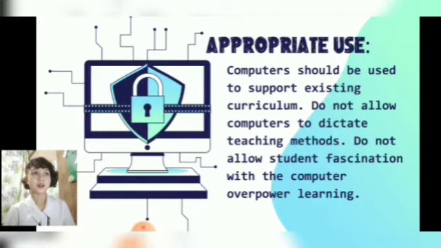The use of LCDs, TVs, cell phones, any kinds of gadgets. And we have the non-projected instructional materials, which include the dioramas, the charts, and the betamax, as we call it. And it says here that we should not allow these technologies to dictate teaching methods. We should not be too dependent on technology. We should still manage to survive even without it.